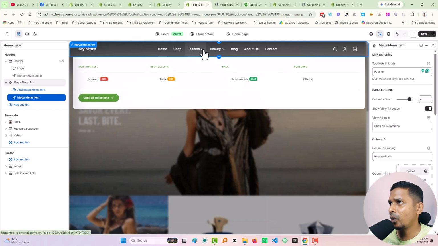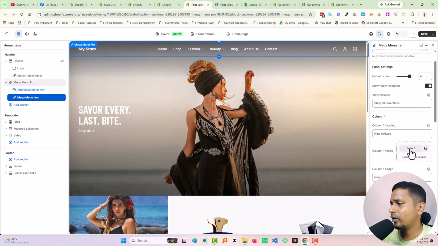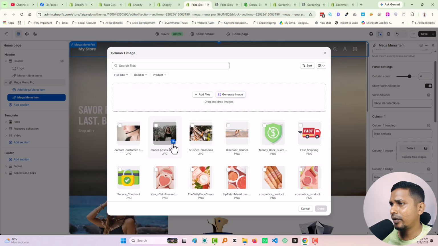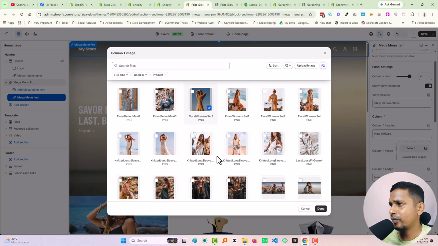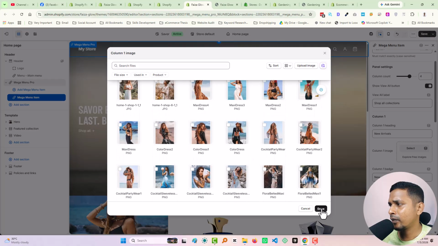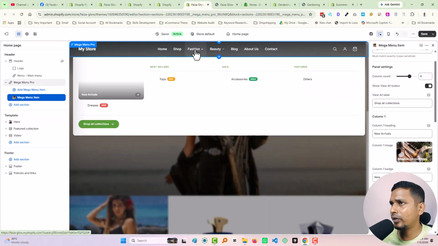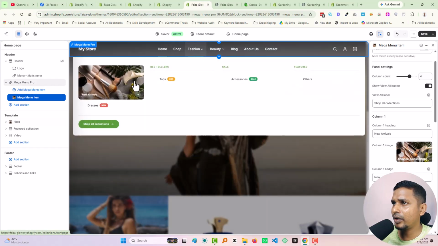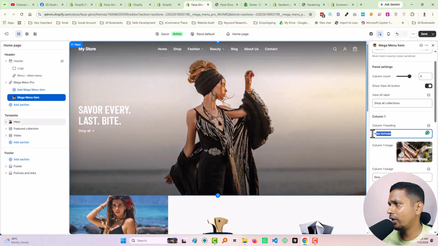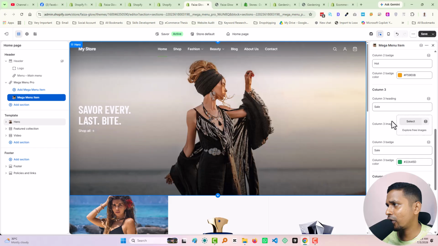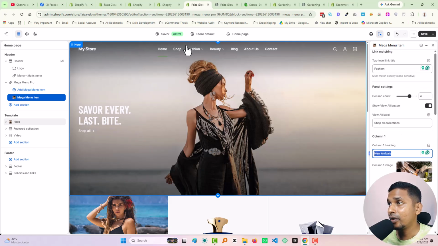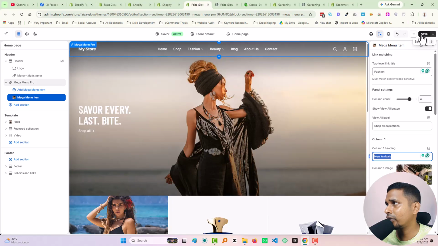You see, when I click on the fashion, it becomes different, and now we have to add the image. For example, I'm going to add this image. You see the image is available in here. New arrival dresses, you can change the new arrival text from here. In the same way, you have to add other section or column images from here. So you see, click on the save,